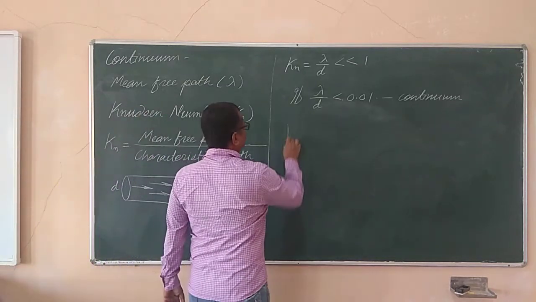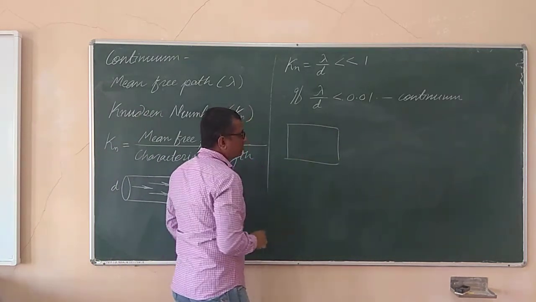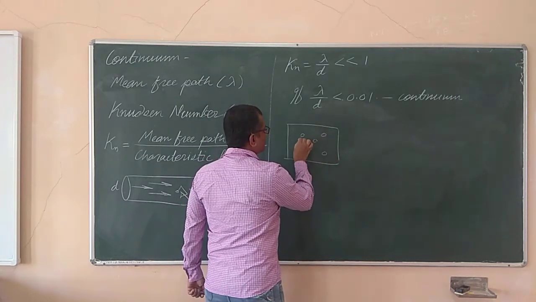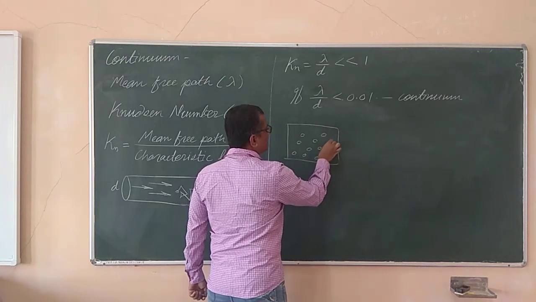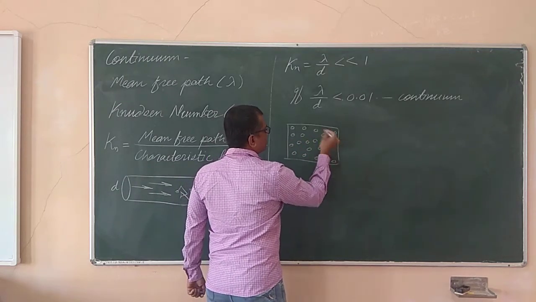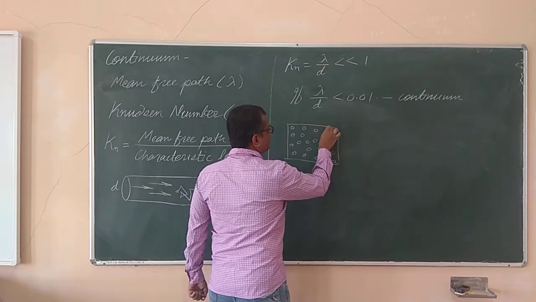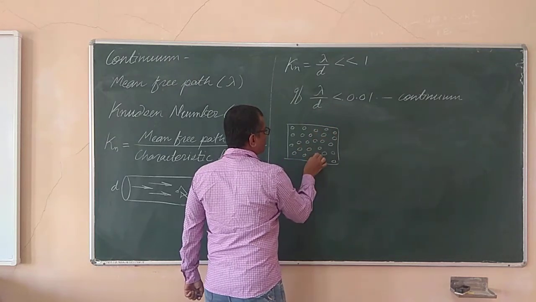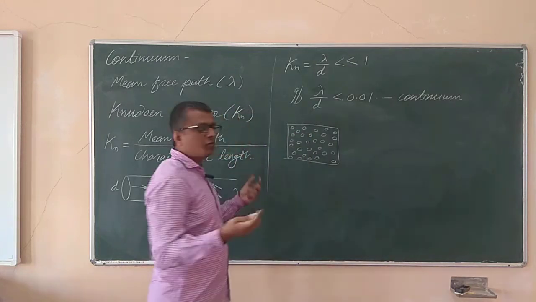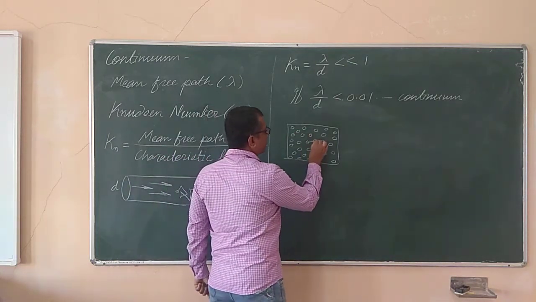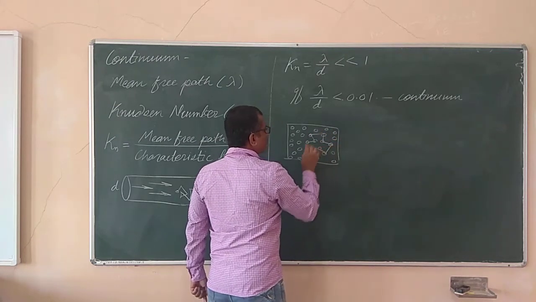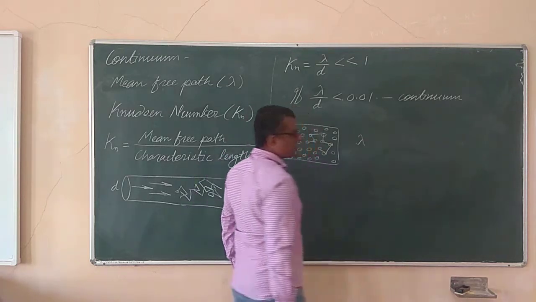For a fluid, I can say that there is a region in the fluid. Here are the molecules which are closely packed, at atmospheric pressure. So here are the molecules, and that gas is at atmospheric pressure, and if it is so, then all these molecules are packed very close to one another. So if any molecule is colliding with an adjacent one, in any direction, it is going to collide in this way, this way, this way. So there will be some value of lambda, that is the mean free path.